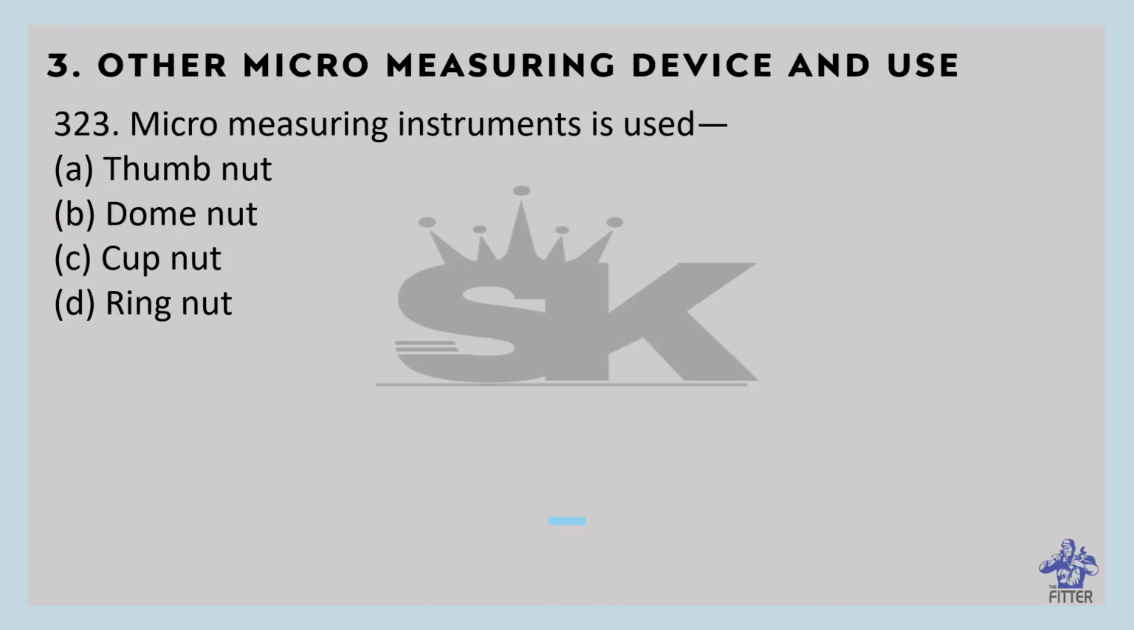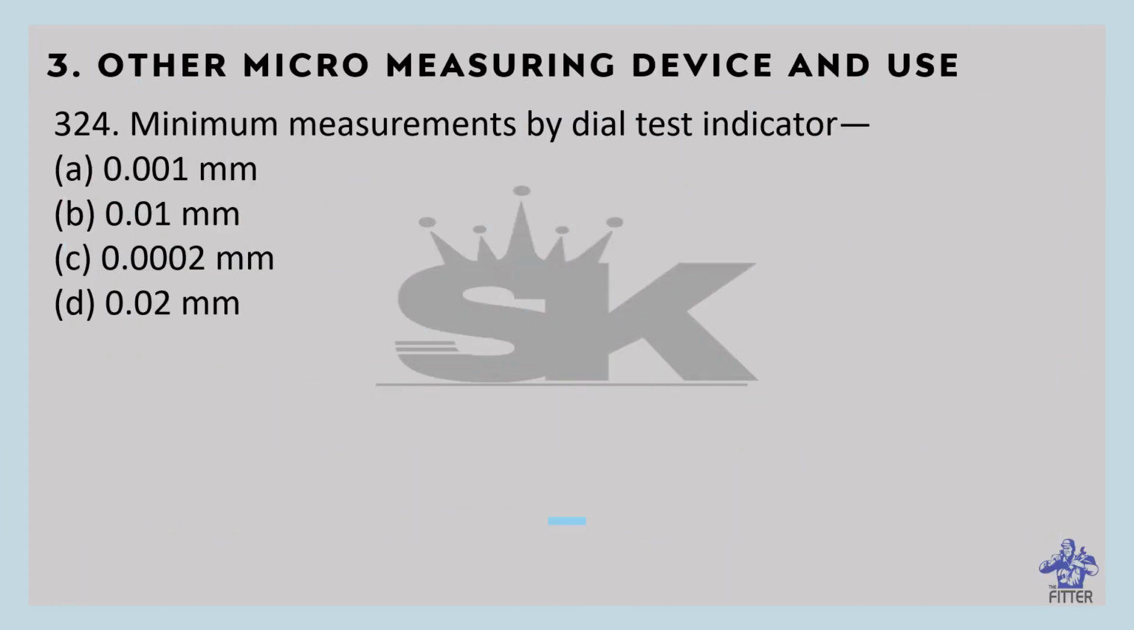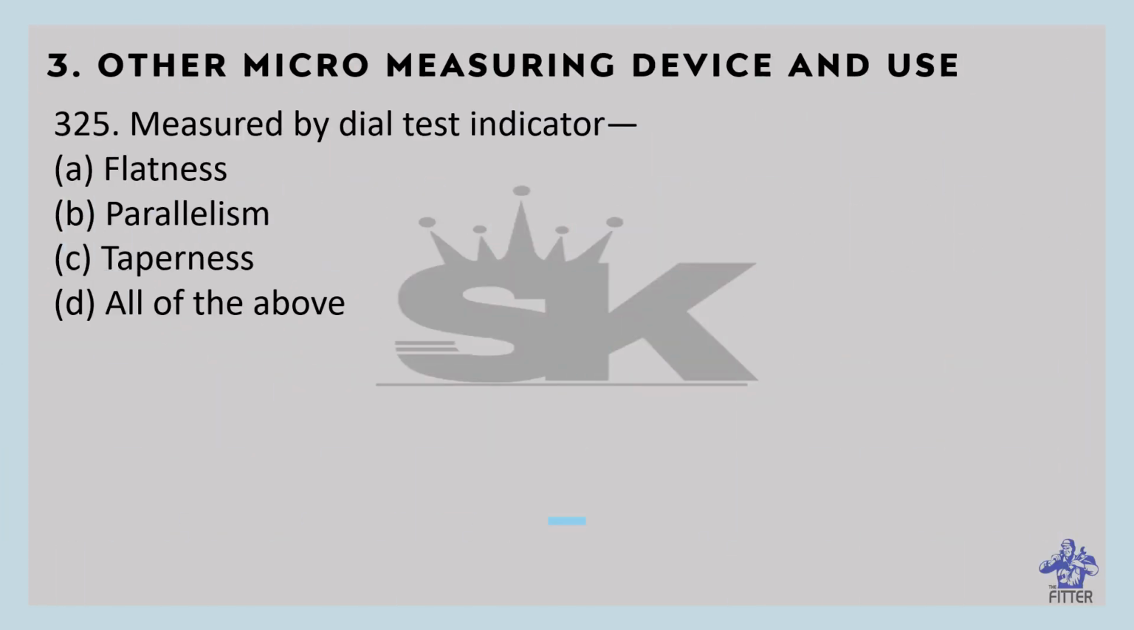Micro measuring instruments use a thumb nut. Okay, thumb nut used in micro measuring instruments. Okay. Minimum measurement by dial test indicator, that is 0.01 mm. Okay, option B. Measured by dial test indicator. So that is all of the above. Okay, flatness, parallelism, taperness can be measured by dial test indicator. Okay,